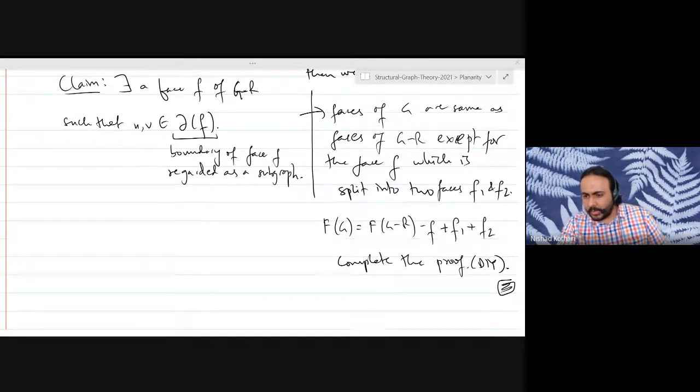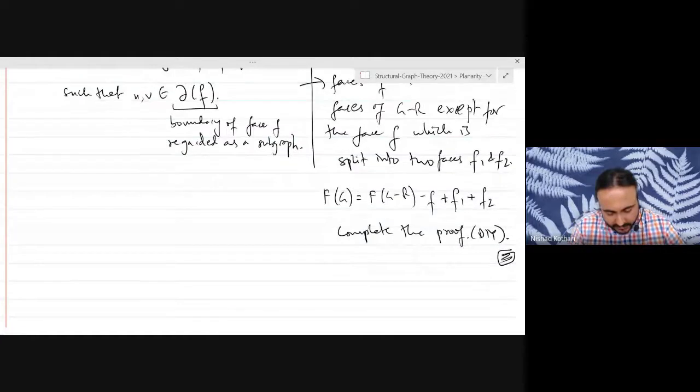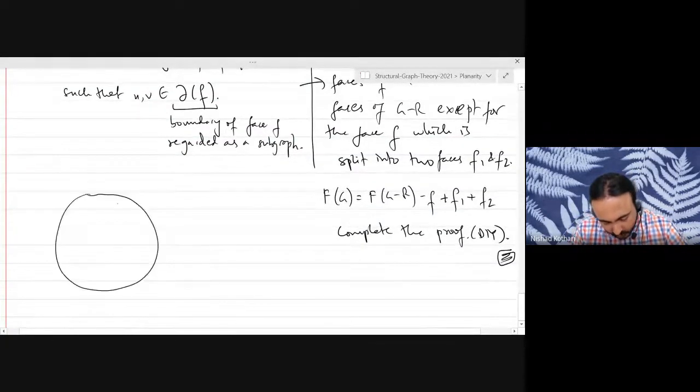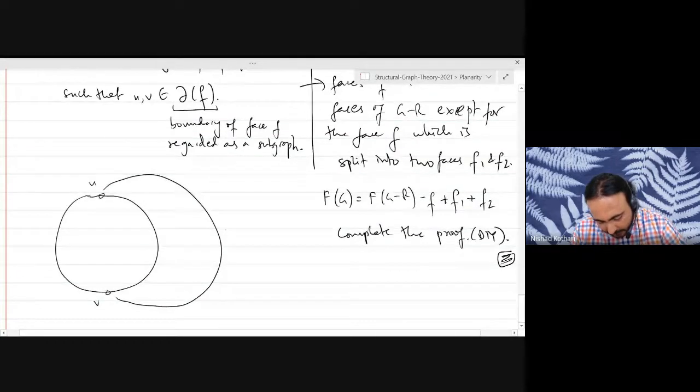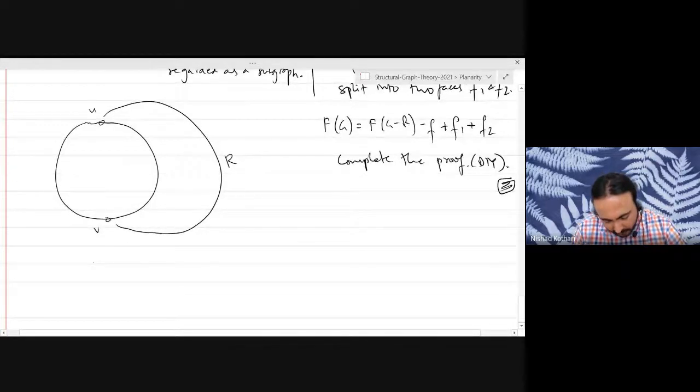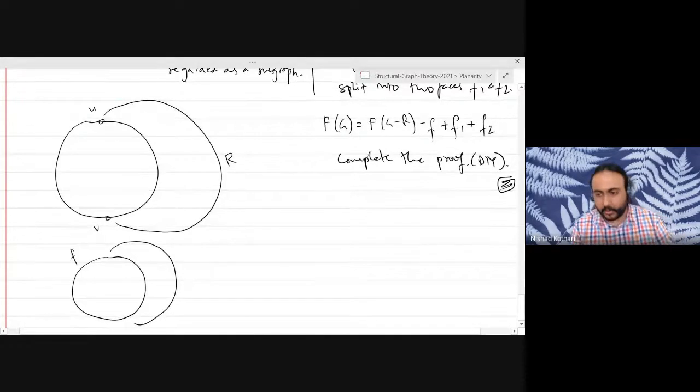If there are already 2 ears joining U and V, but we have removed just 1 ear R, and we are adding that ear back. Does that make sense? Consider your example, supposing it's just a cycle plus 1 ear. I am just removing 1 ear R, and that means that ear will belong to exactly one face of the previous embedding. So that will be your face F that you are looking at.